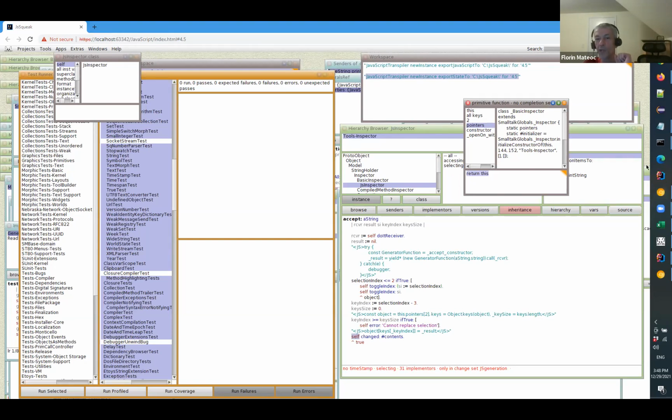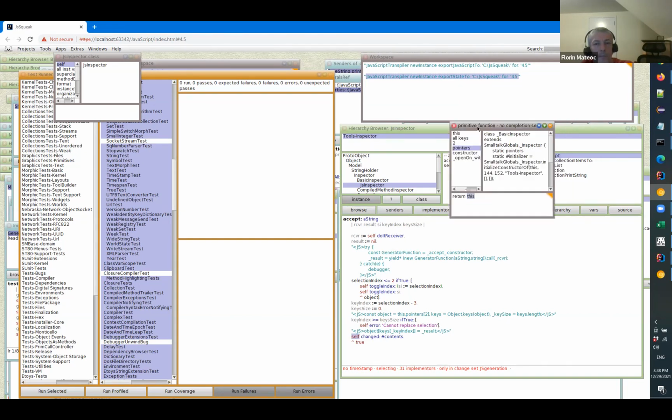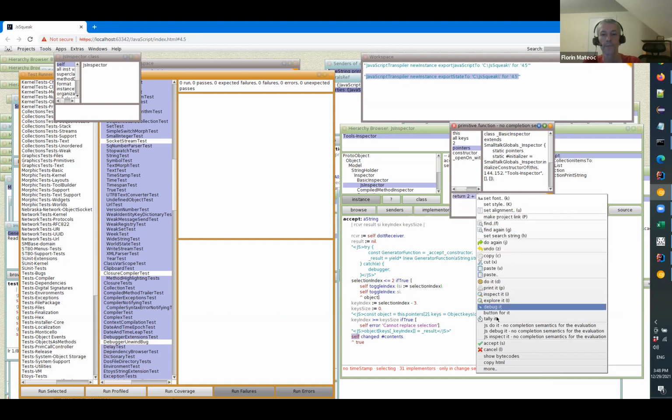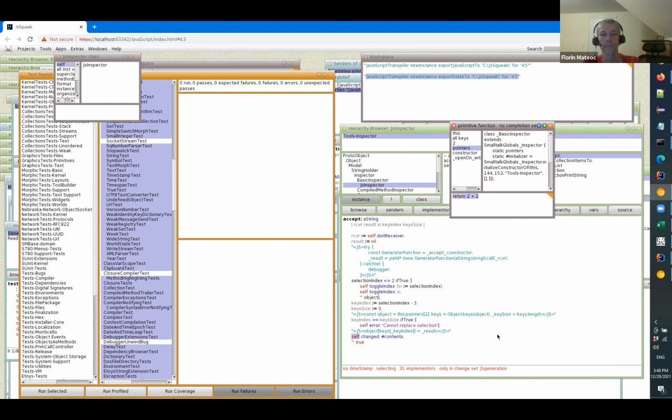Now this is brand new code, so maybe I was over ambitious with it. I don't know, 2 + 2. Yeah. What I wanted to show is, I don't know why the other one didn't work,